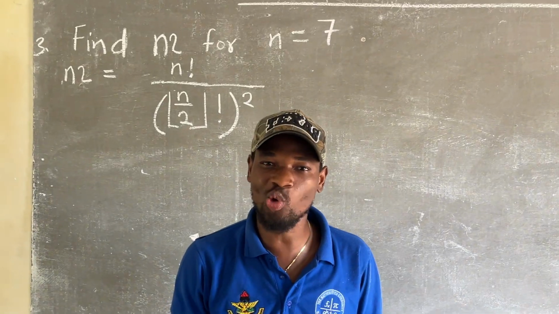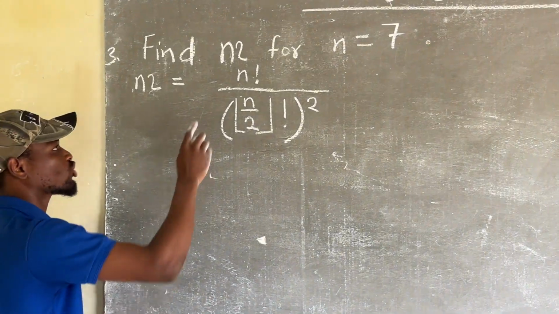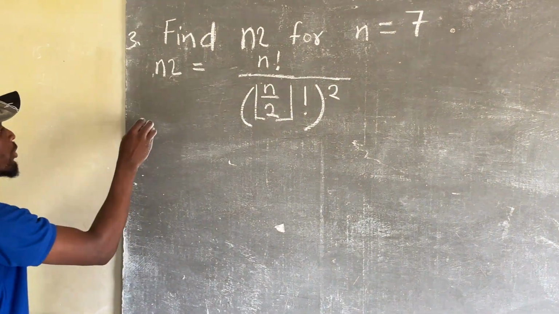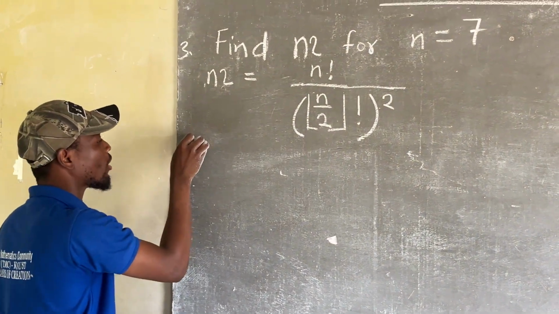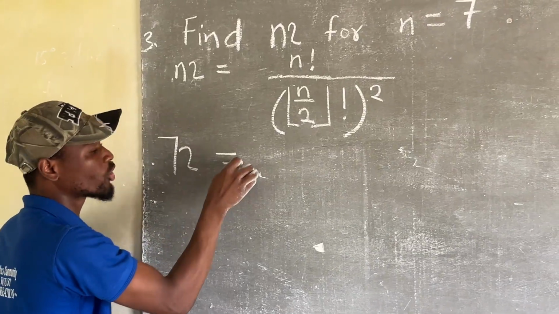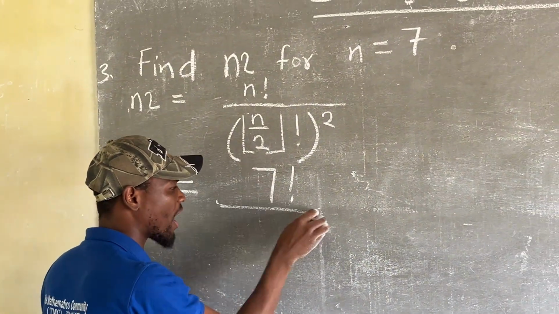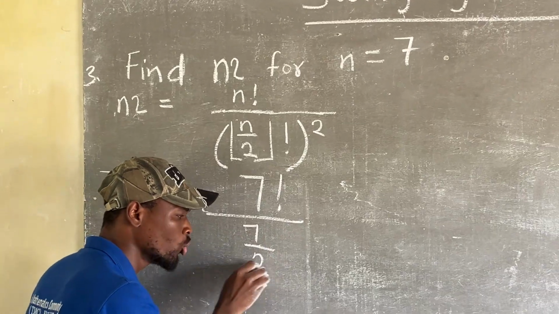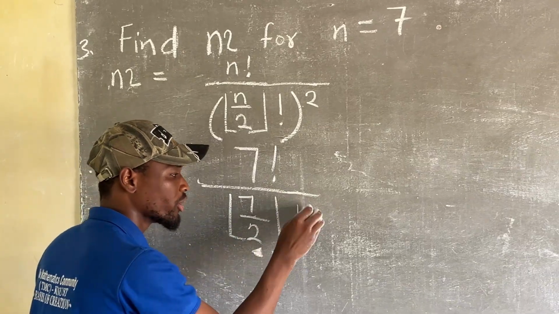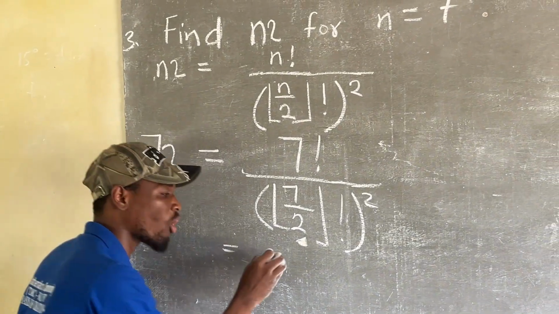Okay viewers, let us consider the third question, which states: find the swinging factorial of n for n equal to 7. So we have our swinging factorial of 7 written this way, which is equal to, note this, it's not 72. So I have my 7 factorial over the floor of 7 over 2, then factorial, all squared. And viewers, 7 factorial is equal to